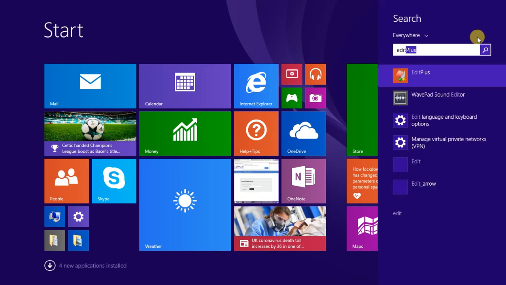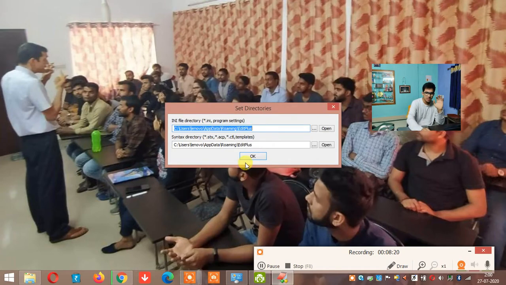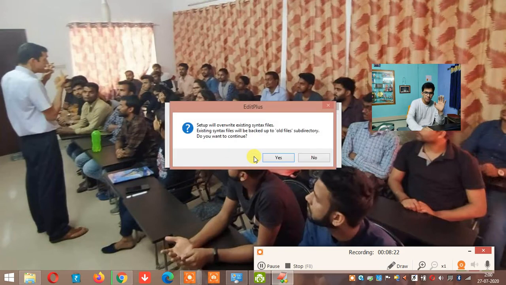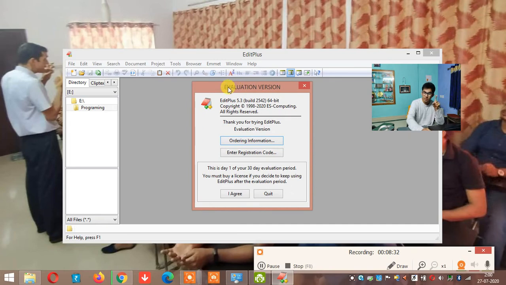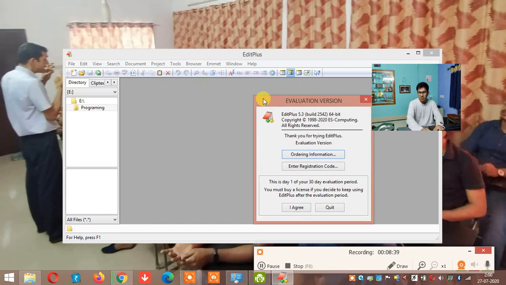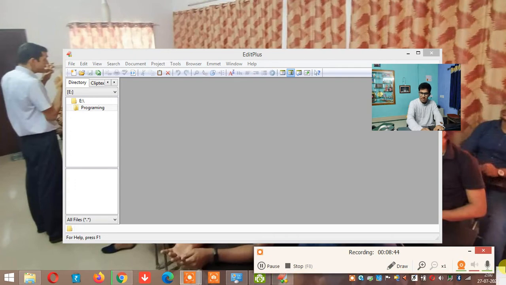Edit Plus. Okay. So for the first time when you open Edit Plus, it will prompt you this screen. You just tell yes, you agree to all the terms. You just tell OK, and you tell yes, yes. Okay. So the first time it will ask you this. You just click the X mark. Close that window. But when it pops out this box, you don't try to close it. Don't try to close it. You just bring it to the right hand side corner. Okay. I hope you are understanding. Okay. It's better to keep it on the right side.